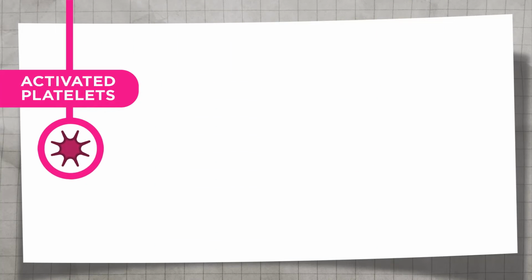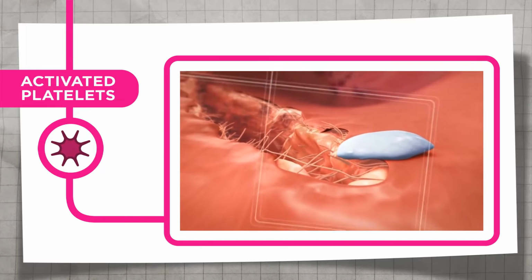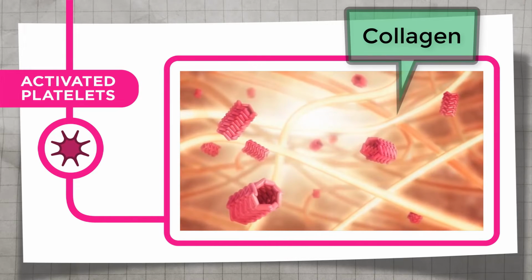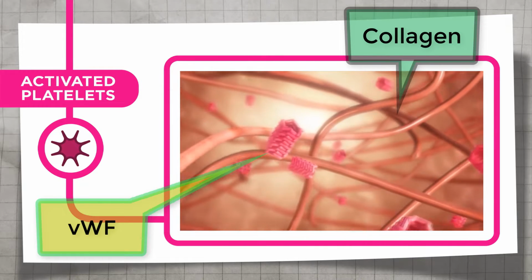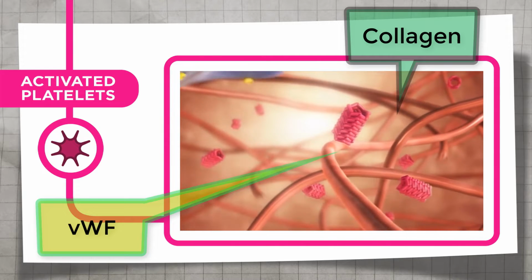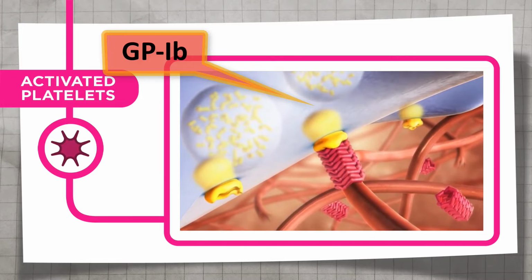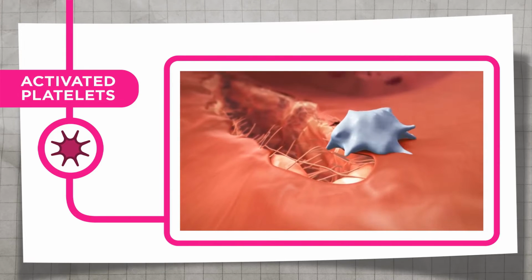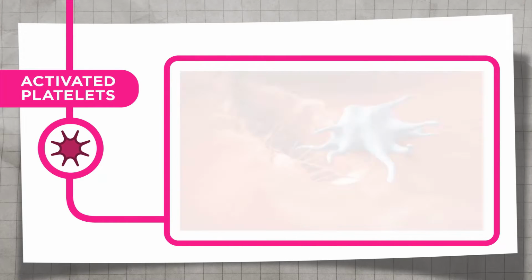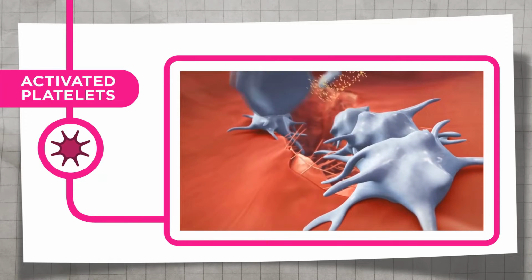Platelet activation and aggregation begins when vascular injury exposes collagen and von Willebrand factor from within the vessel wall to the blood. Platelets adhere to these proteins and become partially activated, changing shape and releasing signaling molecules which recruit more